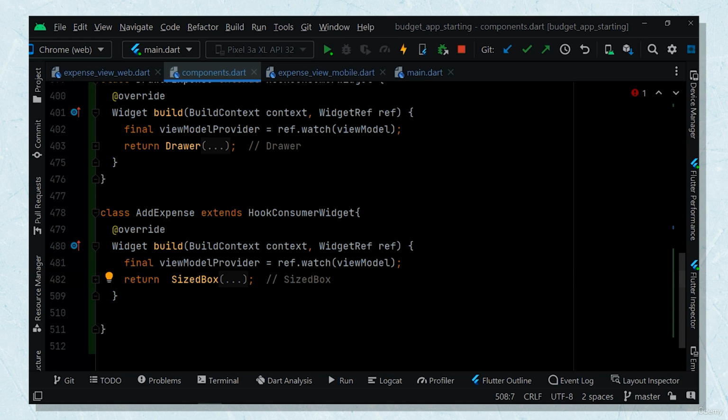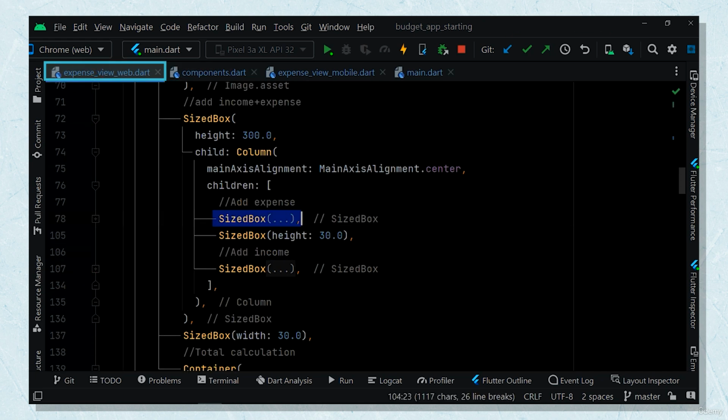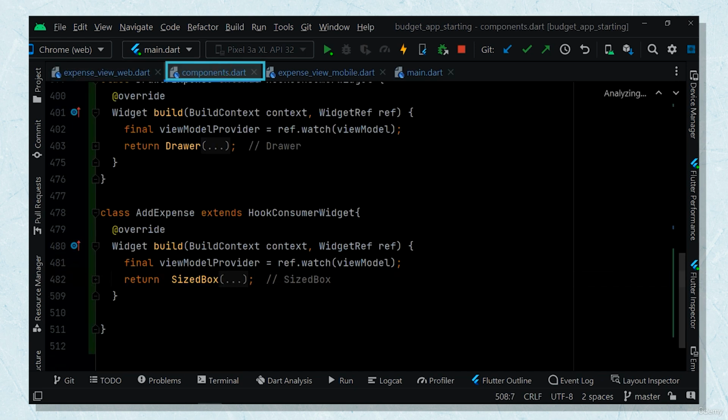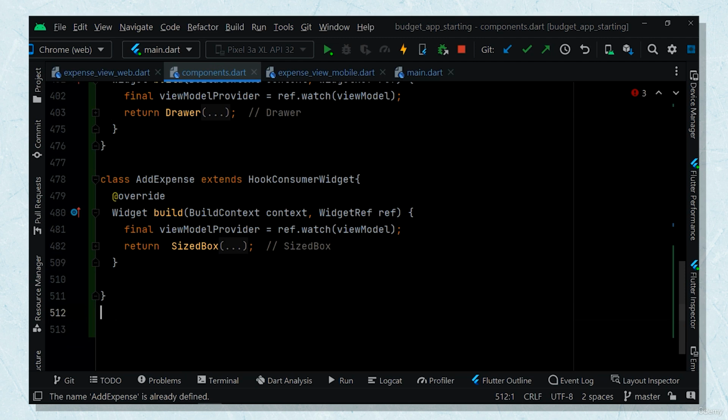To begin, we're gonna open the Expense View Web file and locate the size box widget for the Add Income button. Once we have found it, we can go ahead and copy the entire widget code. Next, we want to navigate to the Components file and create a new class called Add Income that extends the WhoConsumer